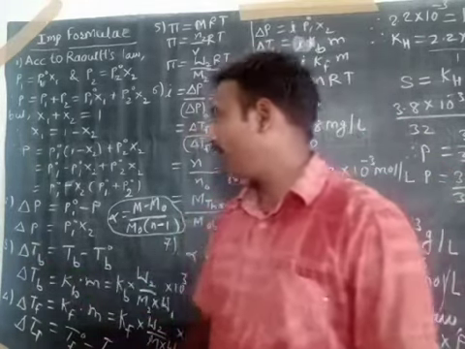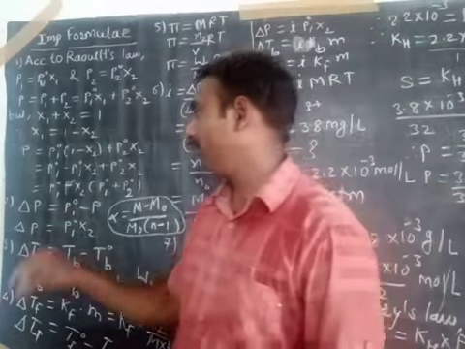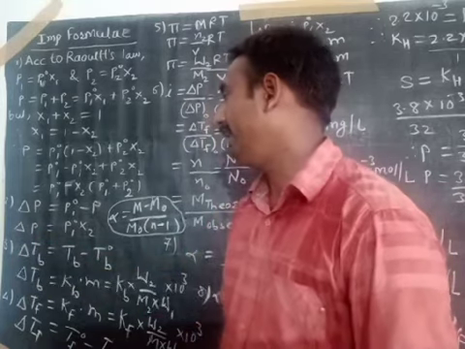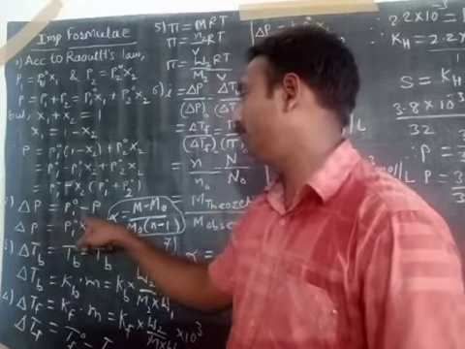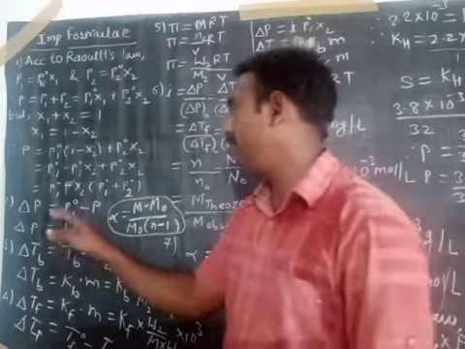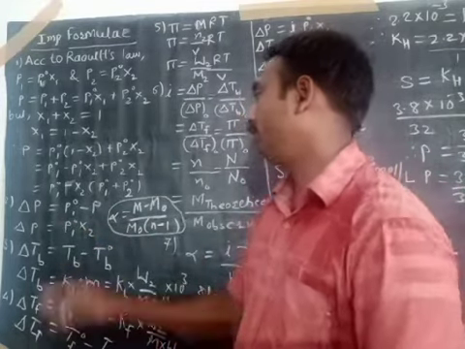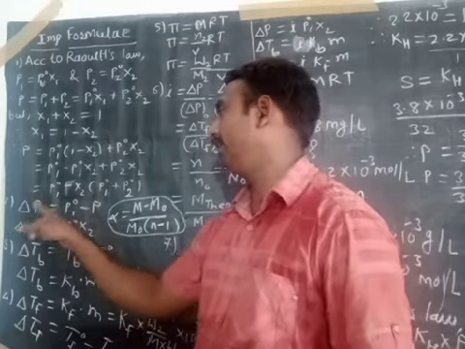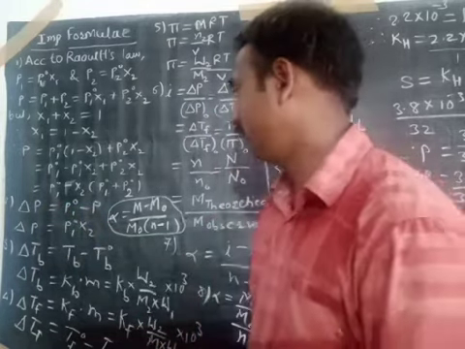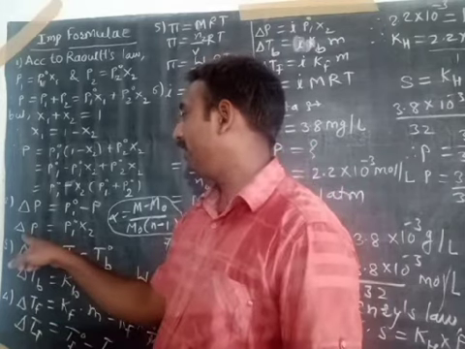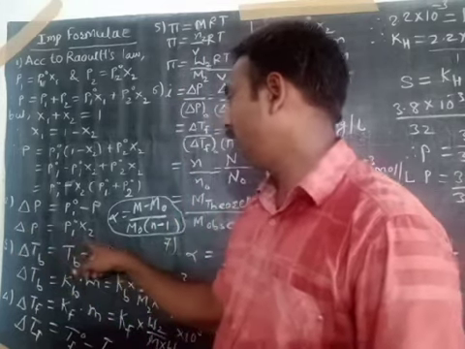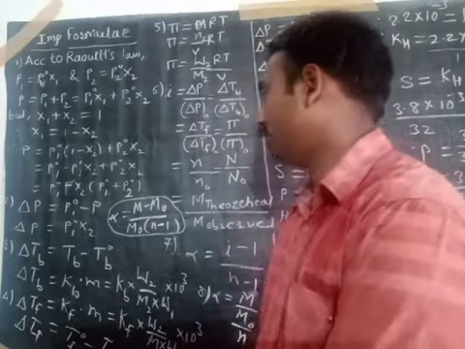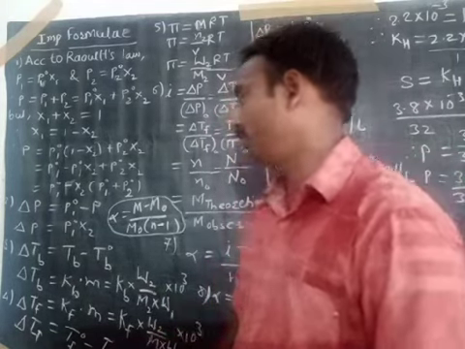The second formula belongs to our first colligative property, that is lowering of vapor pressure, which is denoted by delta P. As per the definition, delta P is equal to P01 minus P, where P01 is the vapor pressure of the pure solvent and P is the vapor pressure of the solution, and the difference between them is called the lowering of vapor pressure. As well as, we studied another derivation, delta P is equal to P01 x2, where x2 is the mole fraction of the non-volatile solute.